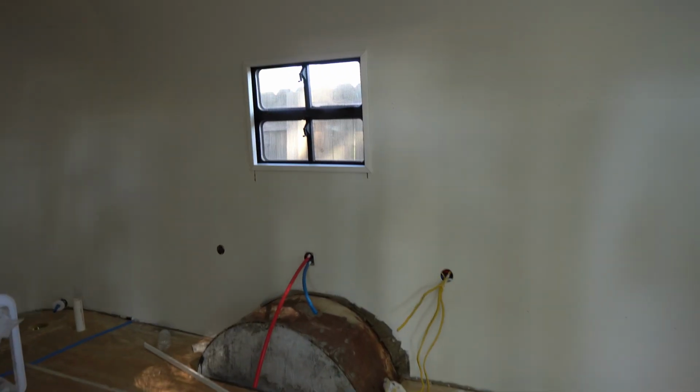And I'll just show you what it looks like. It's just kind of shoved in there. It's not in place yet. There's still some gluing and some caulking that has to be done. And then I'll show you the process which I use to make sure that I got these things cut to my liking. Okay, so first,